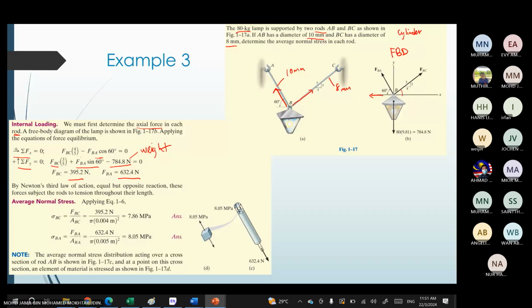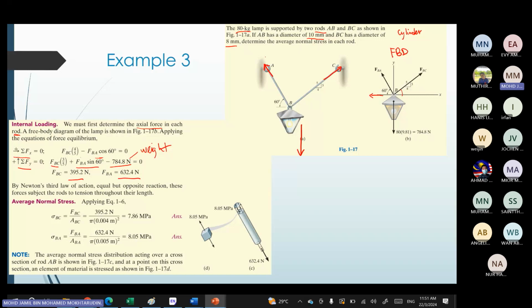If you don't know whether it causes tension or compression, you need to imagine the behavior of the structure. If you look at this figure, the lamp's weight is downward. The weight downward causes the rod to be pulled downward, meaning there will be a force pulling it upward. Okay,